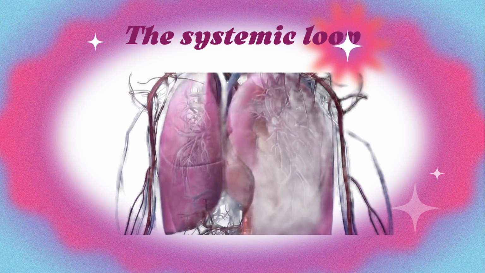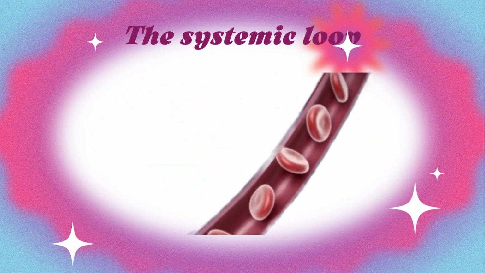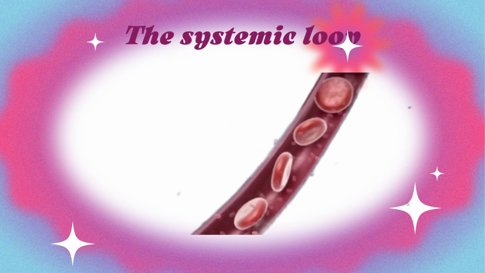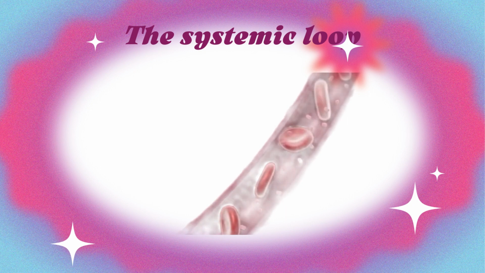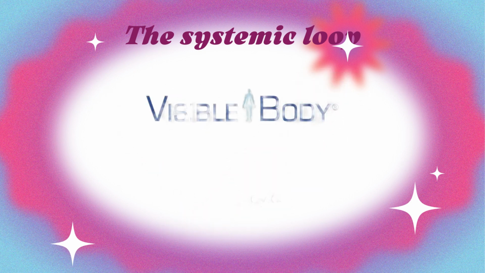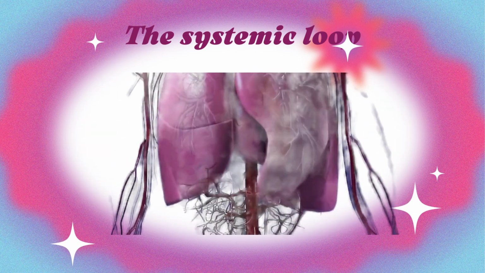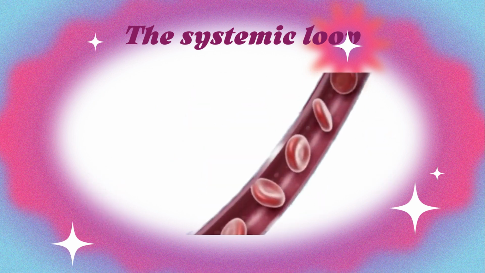So, as a recap, this is how the systemic circulation works. It is also called the systemic loop. In the systemic loop, the oxygenated blood is pumped from the left ventricle of the heart to the aorta, the largest artery in the body, as we recall. As the blood moves from the aorta through the systemic arteries, it moves to the arterioles and capillary beds that